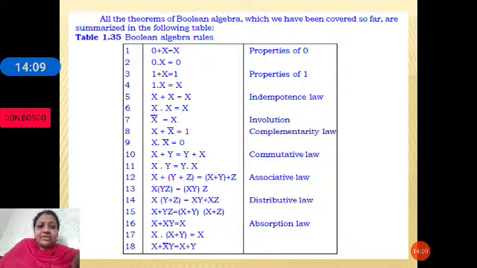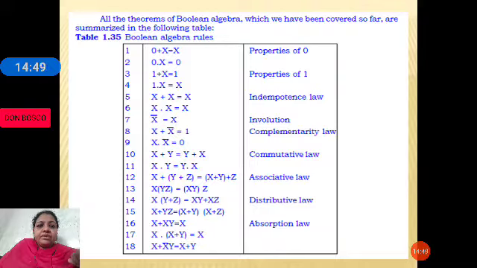Then we have associative law, which you can see on the screen. We have 2 distributive laws. Then we have 3 absorption laws. 2 I have proved it for you, and the 18th one you will be proving for me and yourself. So, this is the summary of all the Boolean theorems which we have studied till now. And further, for the simplification, you need to remember these theorems. Only if you remember, then only you will be able to apply.